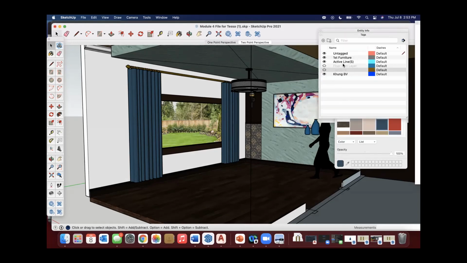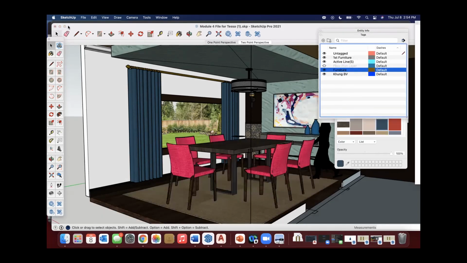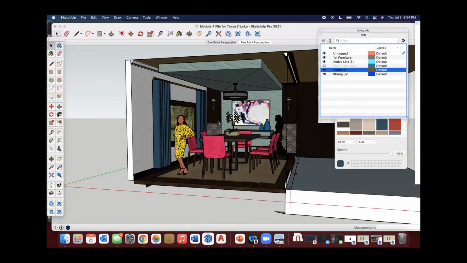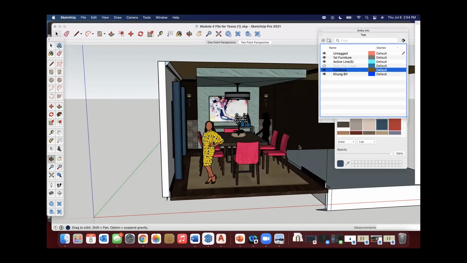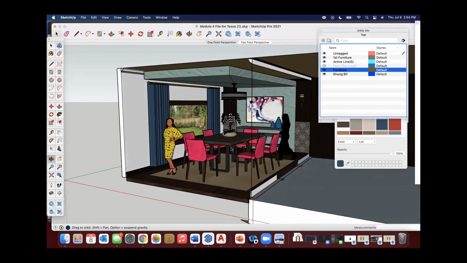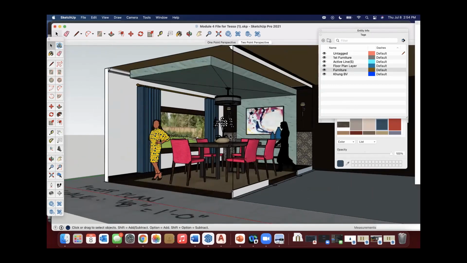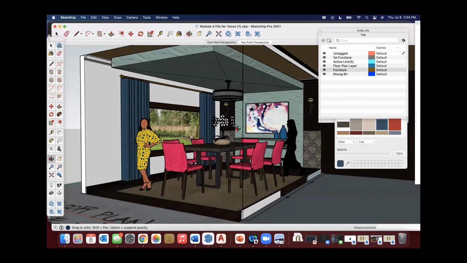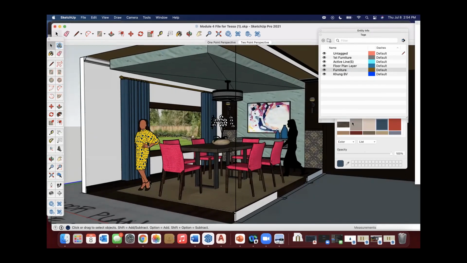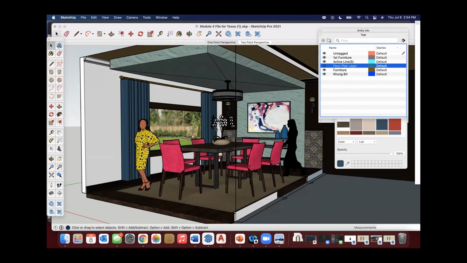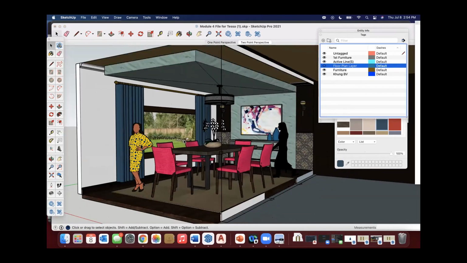So now I'm going to go back, turn my furniture, not the floor plan, turn the furniture back on, edit, unhide all that I've hidden. And there we go. Now we've got curtains and we've started to get our people in the background, the foreground. Sometimes you can even find sitting people, and you can decide if your model needs anything further. So the biggest thing is once you have your perspective and everything, you just want to make sure that all lines are hidden and things like, for example, the floor plan is hidden, and you want to update your scene and adjust your camera views and stuff like that.